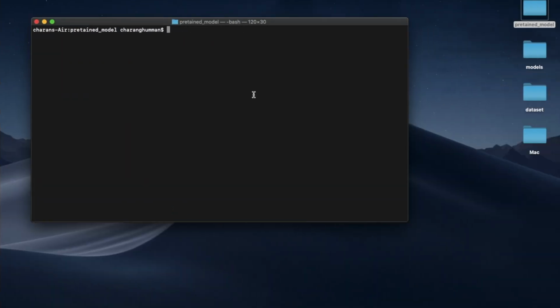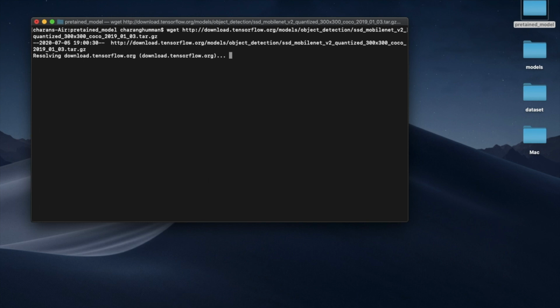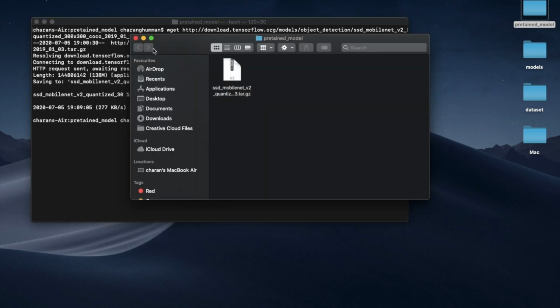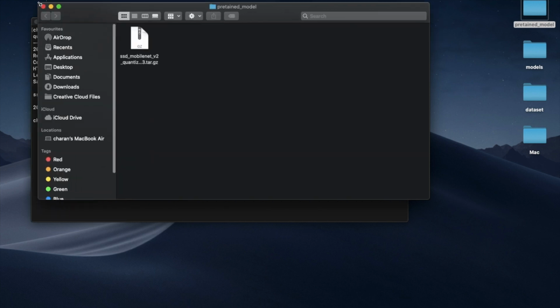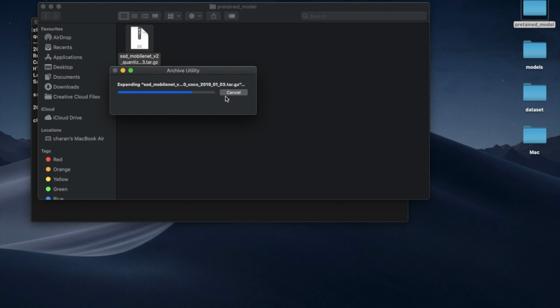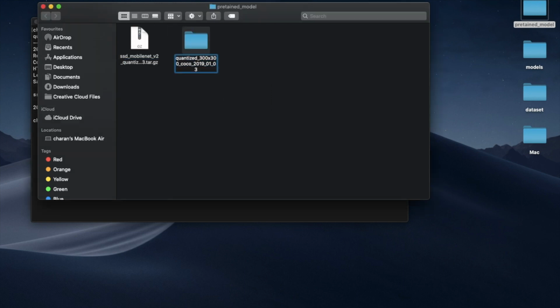Here I am using the wget command to download the model, but you can also download the model from the browser by simply clicking on the name of the model. Move the downloaded compressed file to the pre-trained model folder. Extract the file and rename the extracted folder just to make it shorter.